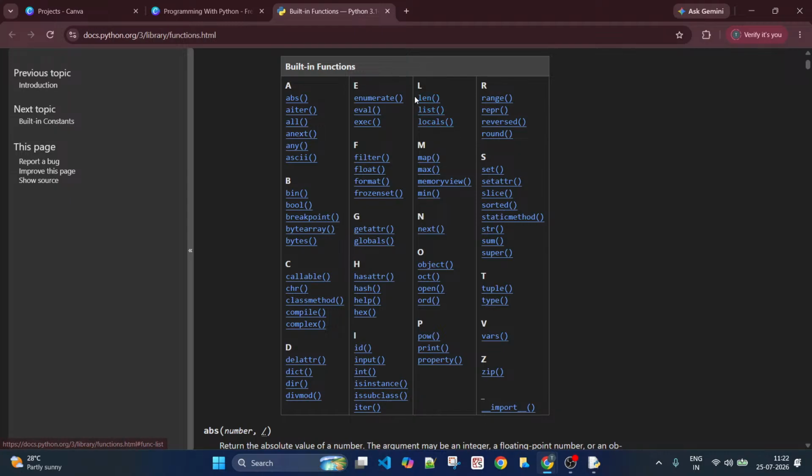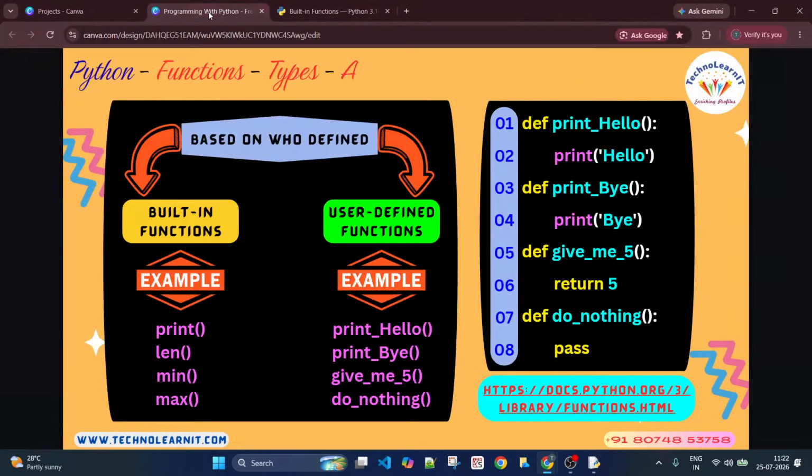See, len is a function because Python can directly recognize what len means if you pass the right argument to it. All right. If you just follow this page, you will understand what built-in functions are available within Python. Alphabetically, it has been given here, so you can just have a look at it whenever you can.